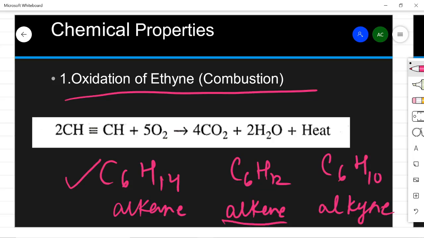Again in alkene also you can see it's double. If you have 6 carbons, you have 12 hydrogens, so it is double. The number of hydrogen atoms is double the carbon, so it also burns with quite a good flame. But in alkyne, as you see, the difference between the number of carbon and hydrogen is very small. It is double and then minus 2. So this means that the proportion of hydrogen compared to carbon is less. This is one reason why alkyne burns with a sooty flame. The content of carbon is more in alkyne as compared to alkene and alkane. That is why we say that ethyne contains a greater proportion of carbon content than alkanes and alkenes, and